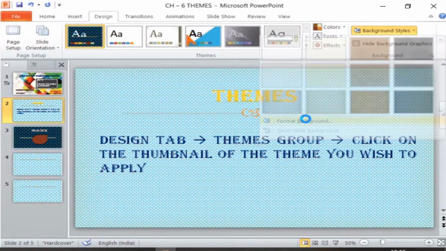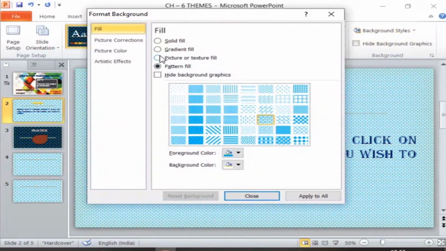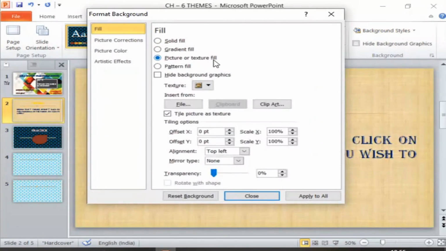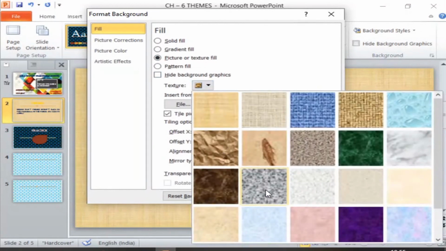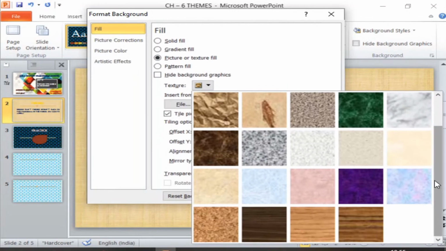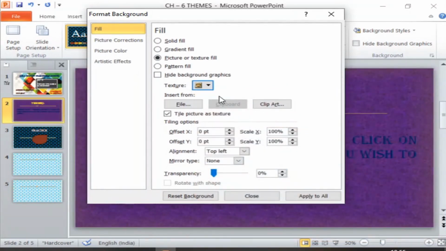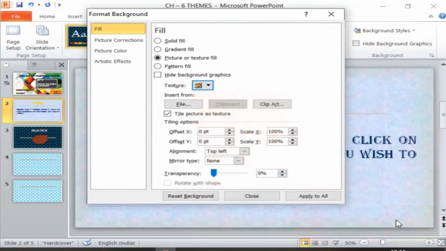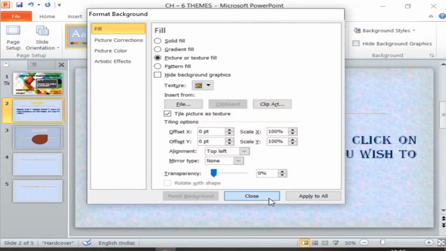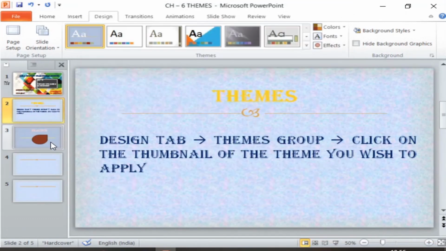There is one texture fill also. Texture fill. So this is the option texture. There are so many textures available. So this way you can apply a texture to all the slides as a background now.